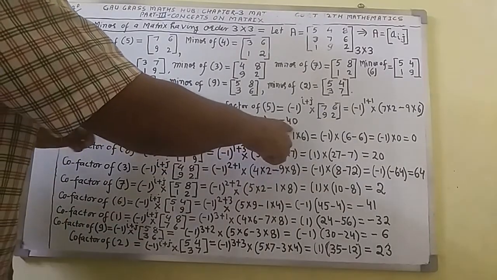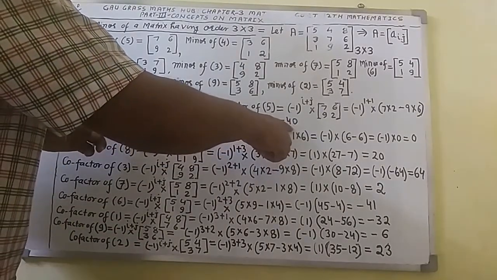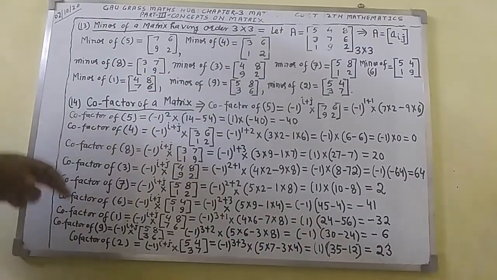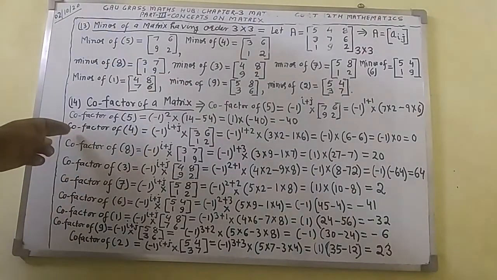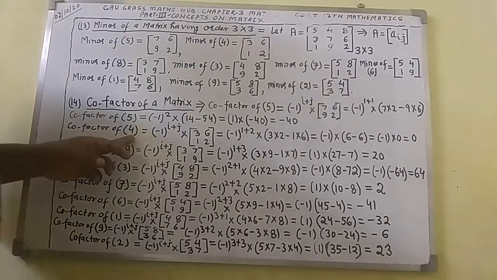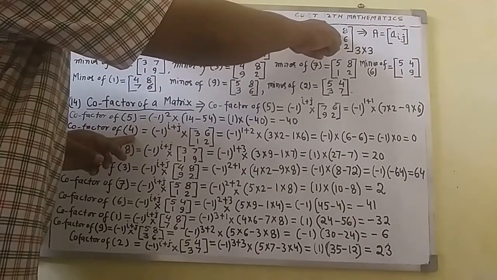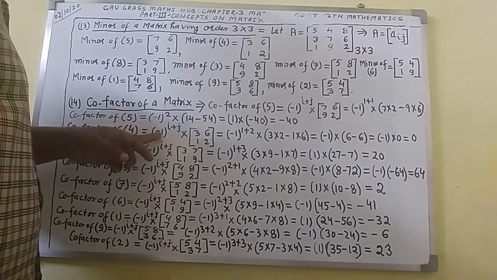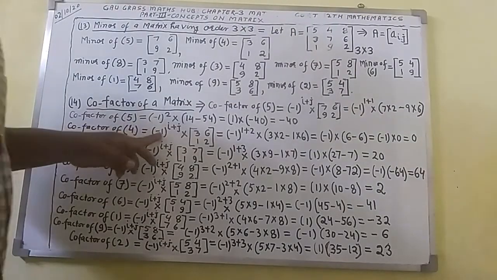Hence, the cofactor of 5 will be minus 40. Now come to the next one: the cofactor of element 4. Here you can see element 4 is there in the given matrix. Cofactor equals minus 1, a fixed constant,